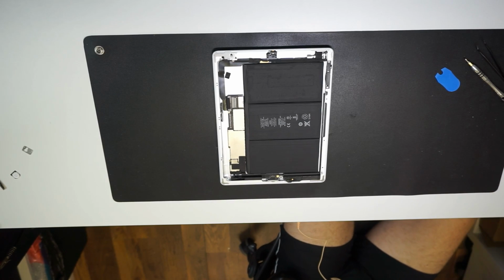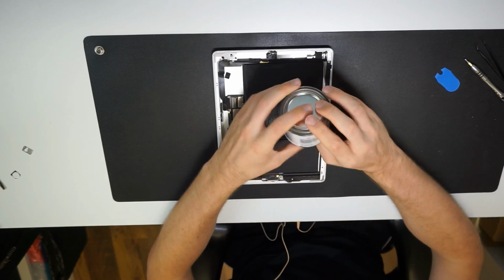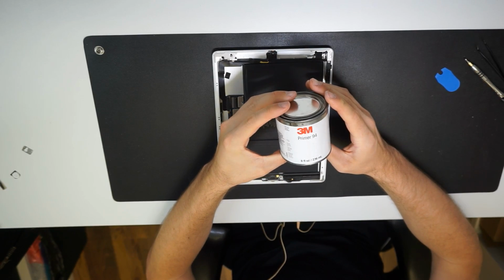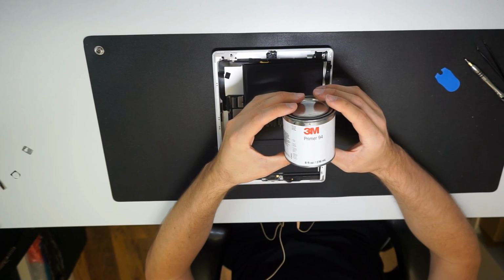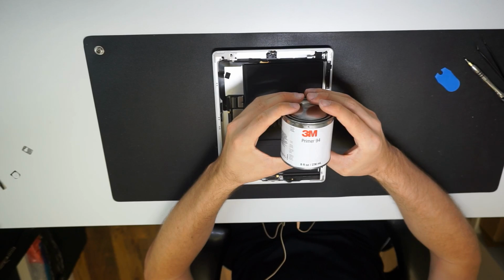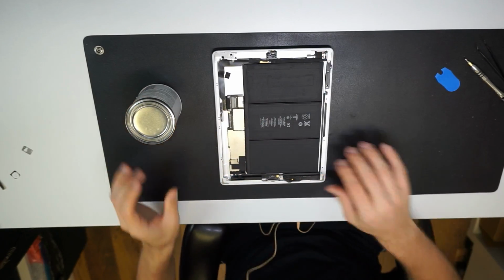So what we want to do now is, this is our secret weapon. This is a primer. It will make the tape that we're putting on there even stickier. It's called Primer 94 by 3M. This is what they use for vinyl wrapping around edges and stuff like that, so it sticks better. We're going to apply it with a cotton bud,